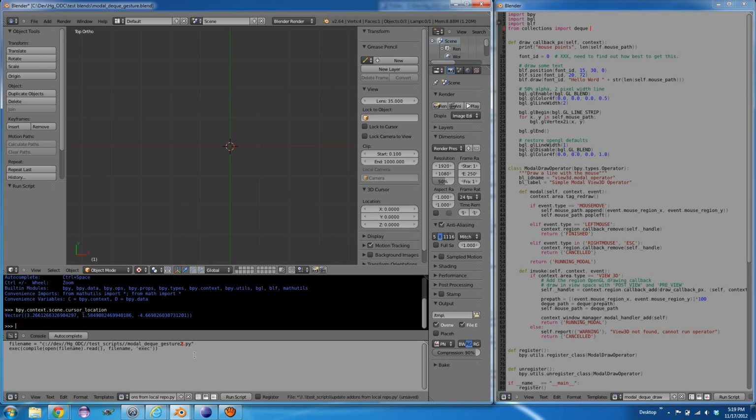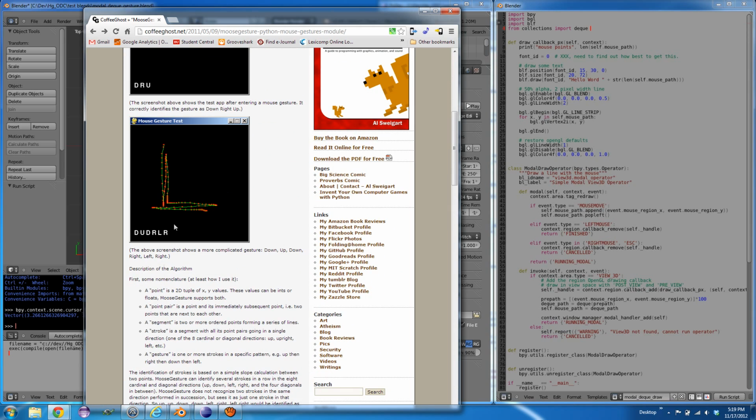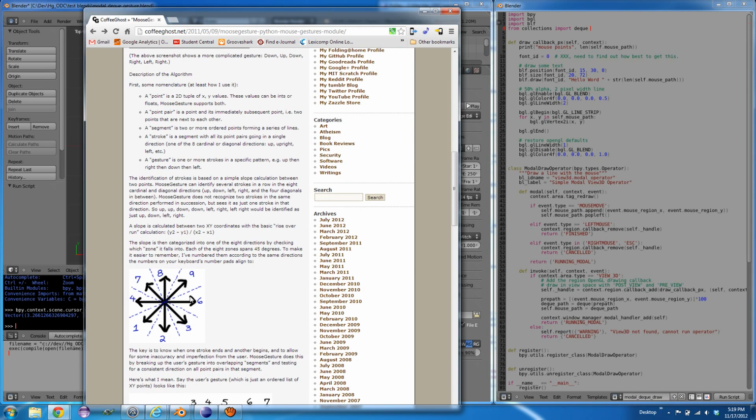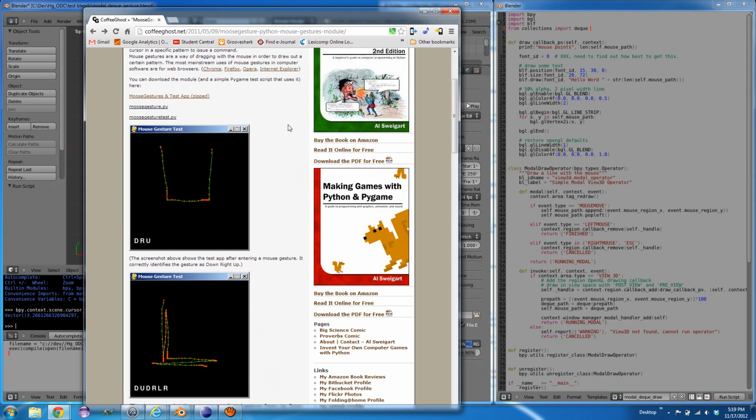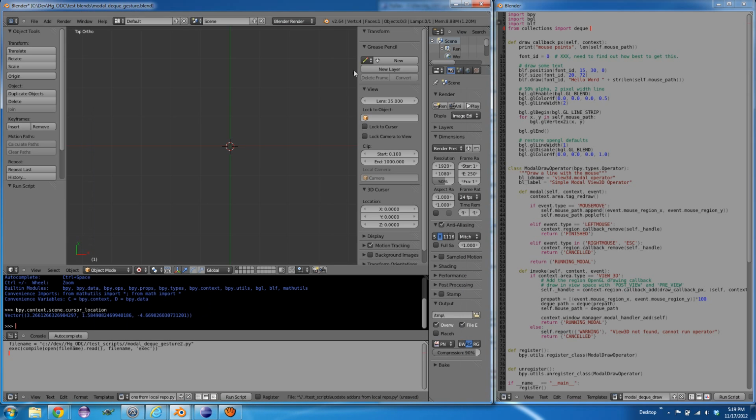Alright, so what I want to do with that list is I'm going to take it, I'm going to pass that list of mouse coordinates over here to a gesture module. This guy wrote a nice one that recognizes up, down, left, right, up, left, down, right. So that was pretty simple. Copy and paste that into your modules folder and everything goes well. So now,